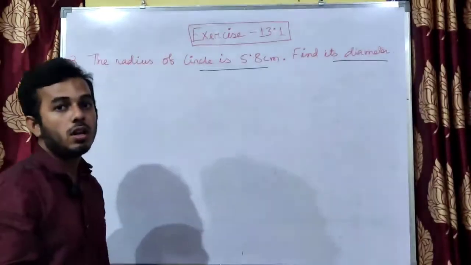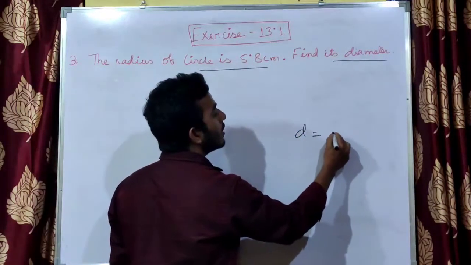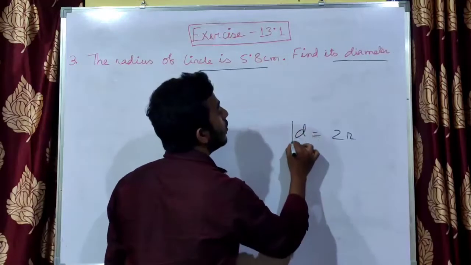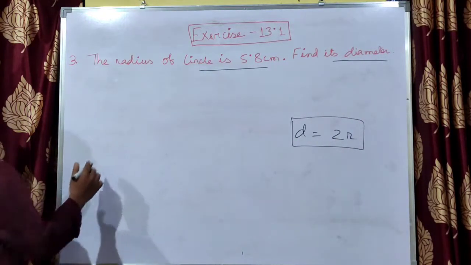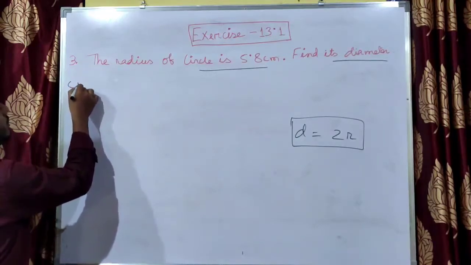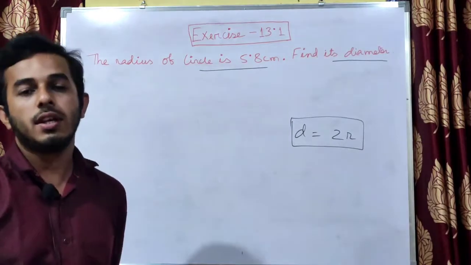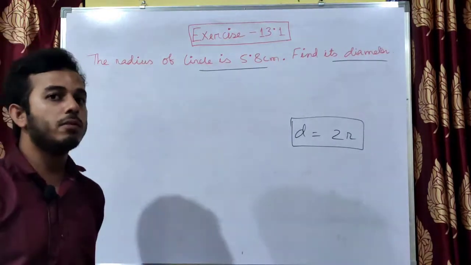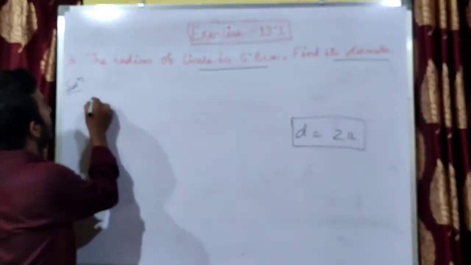So let us recall the relation between diameter and radius. Diameter equals 2R. We will use this here. So first of all, we will write solution. Next, what will we write? We will write the information given in the question. So what information is given in the question here? Radius is given. So we will write given